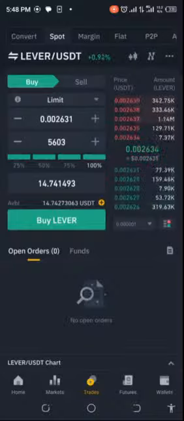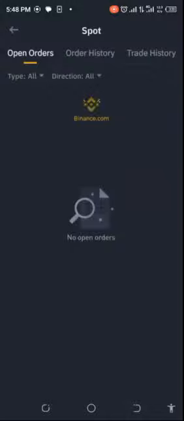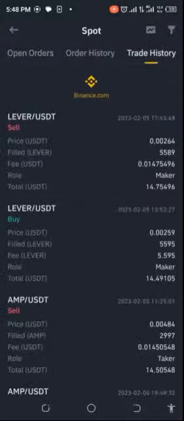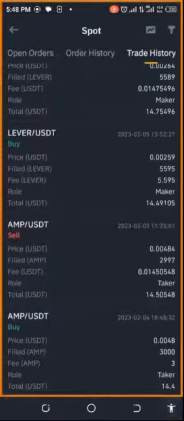Maybe if I had taken it down a little bit more, because I noticed that it actually went lower than what I actually intended. So let's take a good look at the trades. Let's look at the history and then look at the trade so that we can understand what I'm saying. Okay, so look at this, this is the trade history, right? We bought it for 2590, all right? 2590, that's